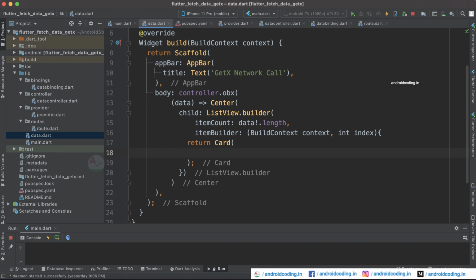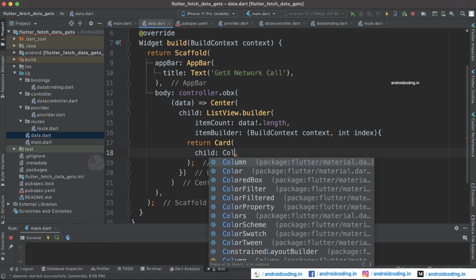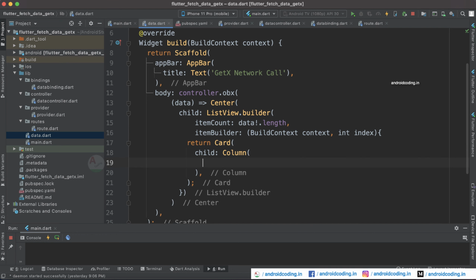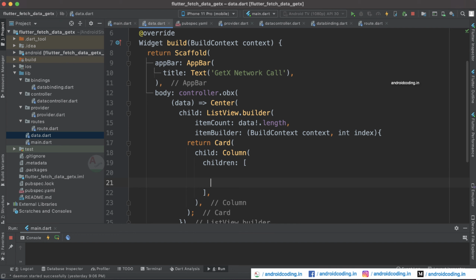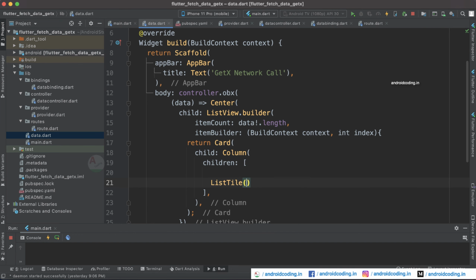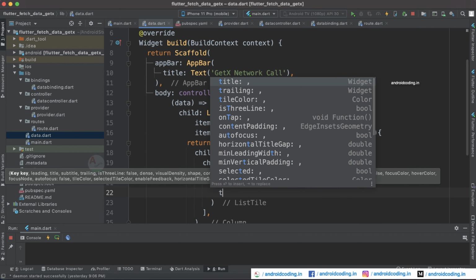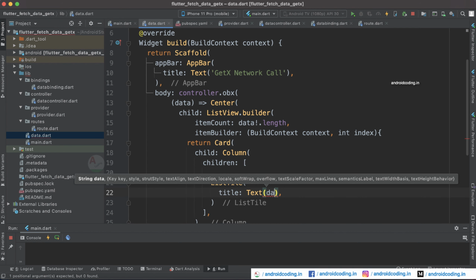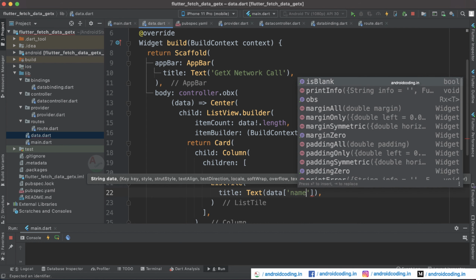Inside the card we can specify child and add a column, which is similar to what we did in our previous tutorial, but now I am going to consider a list tile to make our work much easier. Here I am specifying the title as text, and in our previous tutorial we just considered data and specified name here.